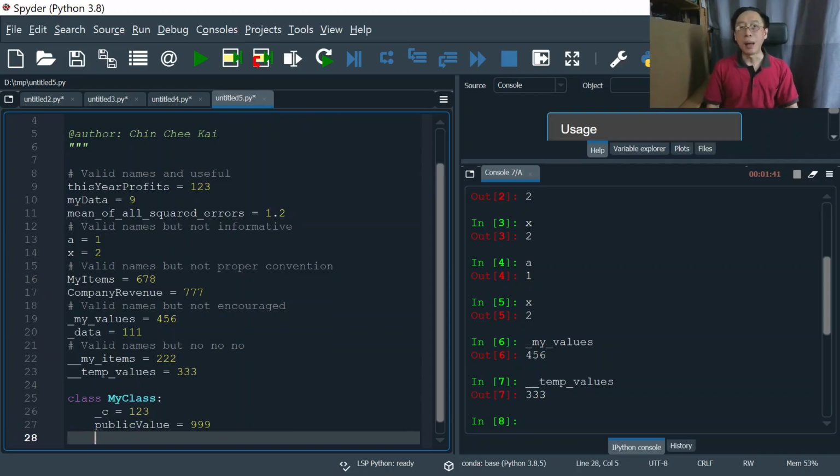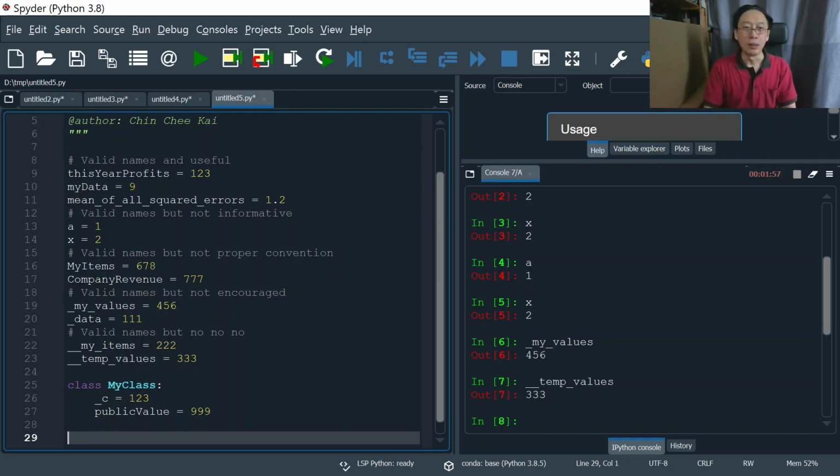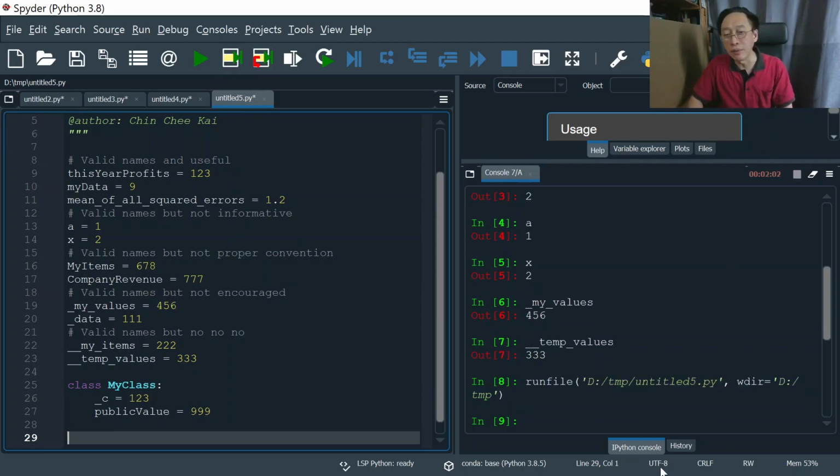We like public value, this local variable within my class. We like public value to be known to people who want to inspect. You know what is the value of public value inside anything that's called my class? If you do this, let's run it. In C and C++, Java, those very strongly typed object-oriented